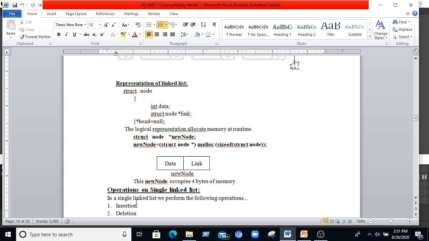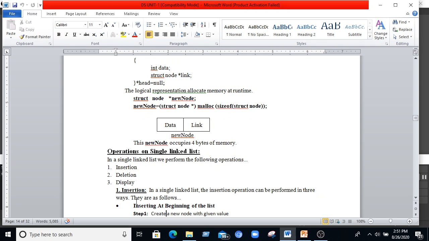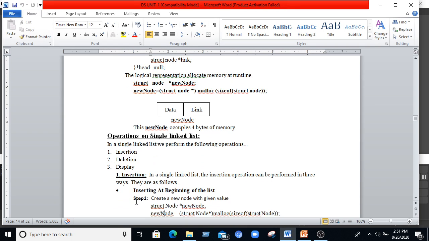Each and every new node occupies 4 bytes of memory here in a single linked list. We have operations of the single linked list like insertion, deletion, and display, and finally we can traverse the single linked list. Search operations also can be performed here.